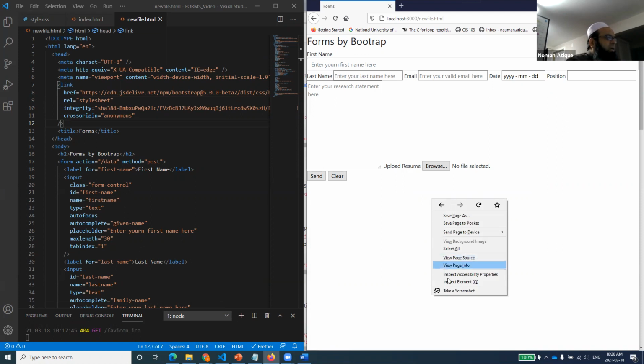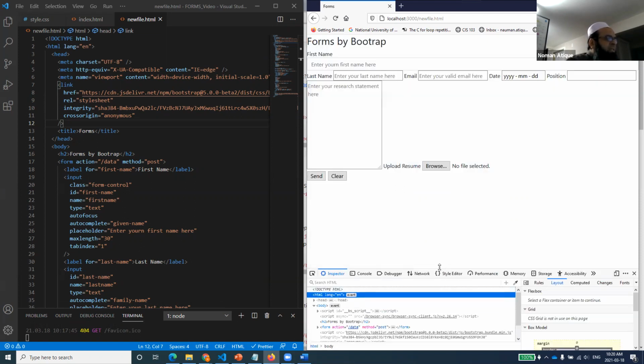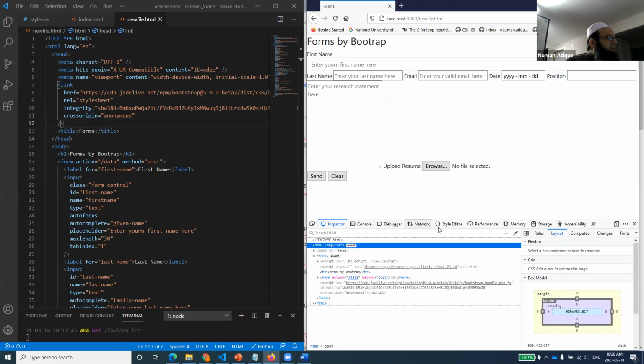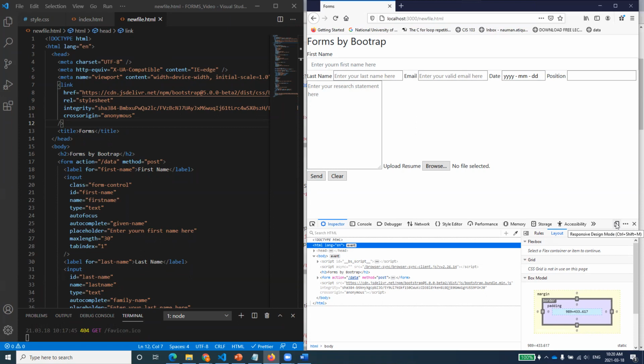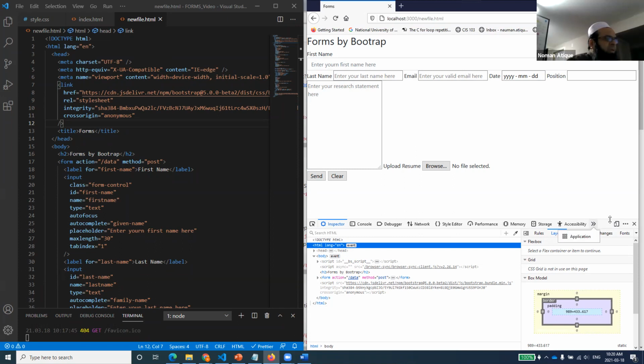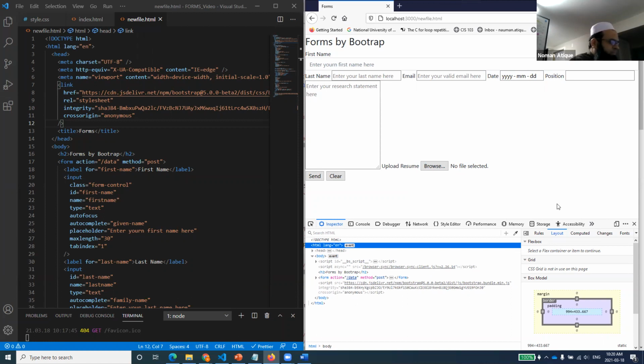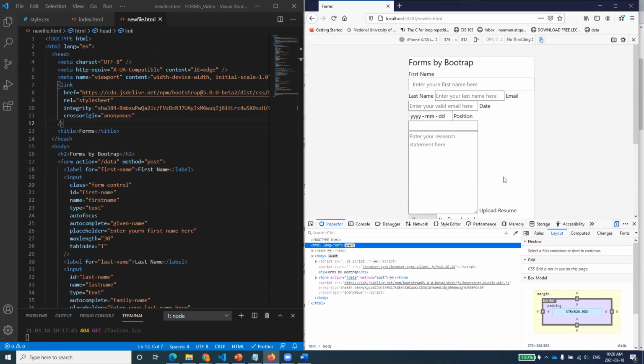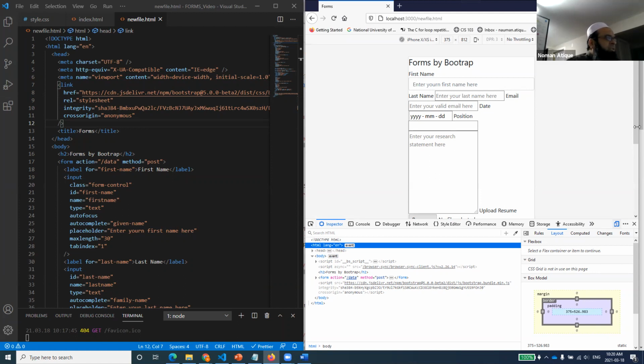If you right click on it and go to inspect element, you will get this inspector and all those things, where we have console, debugger, network, and everything. Yeah, so I got that one. In continuation, you see that this is the responsive web design. Responsive design mode is over there. Control Shift M is the shortcut key for that as well. You click on that. If you cannot see it, you may need to extend the panel and look at different options, or otherwise just press Control Shift M. I've pressed Control Shift M right now, and you see that I've got this changed.